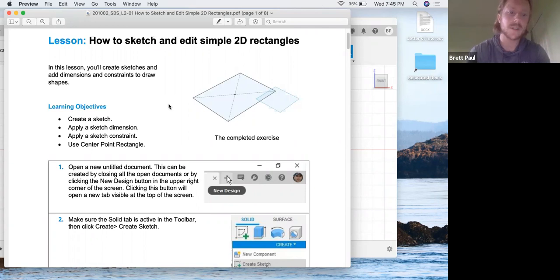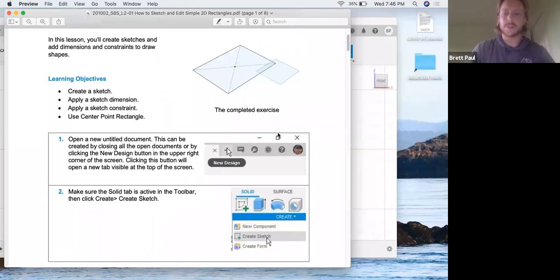So we're going to create a sketch, apply a sketch dimension, apply constraints to it as well, and the geometry we'll be focusing on is a center point rectangle. Of course, there's circles, and there's different ways to make circles, squares, rectangles, and then of course you can define your own more complex geometries as well. At any rate,